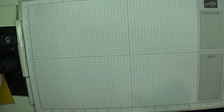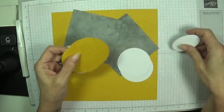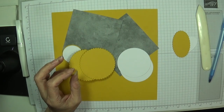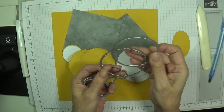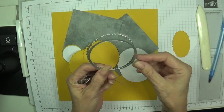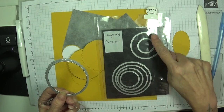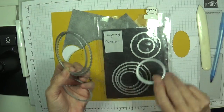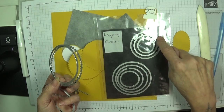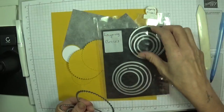So I'm just using a standard piece of cardstock. I've already cut all my circles out. These are all my circles, and so I used number 7 of the scallop and number 7. This is working from the smallest one out. So I've got 1, 2, then I use number 3 for the little circles. 4, 5, 6 and 7, which is that one, and then the scallops are on the other side,